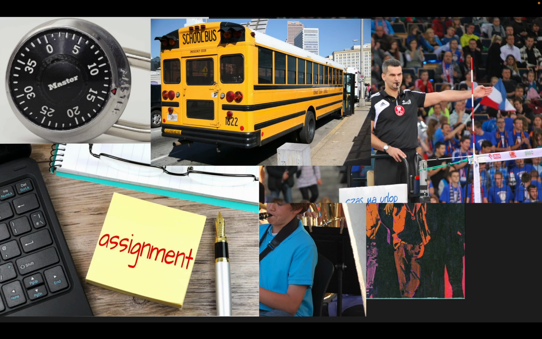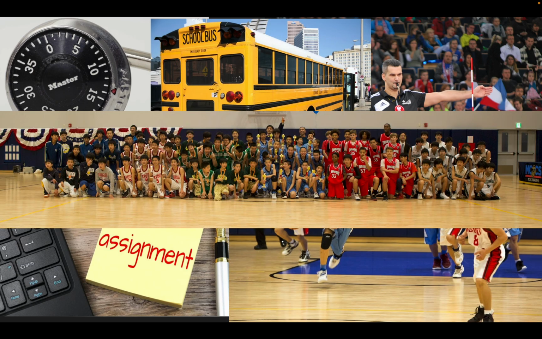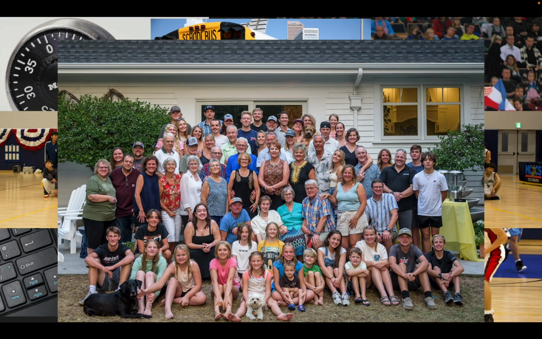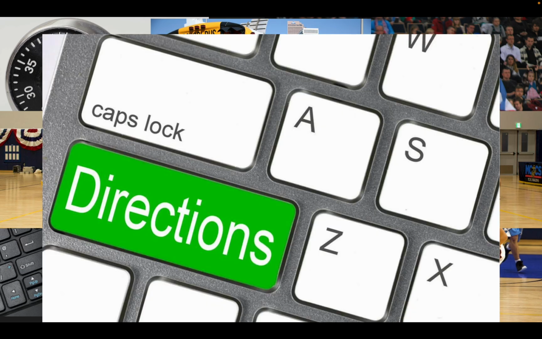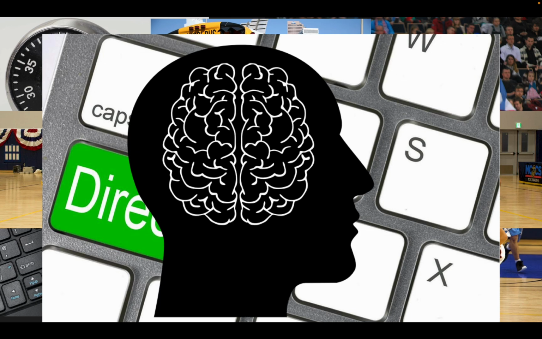If you're in sports, you have to know the rules of the games. You have to know the plays that you're playing. You have to know the players' names that you're playing with. And oh my goodness, don't forget about your family. You got to remember Aunt Tilly's name. And for heaven's sakes, where does Grandma live? All these things we're asking our brain to remember. And in order to remember something, you have to first take it into your brain.